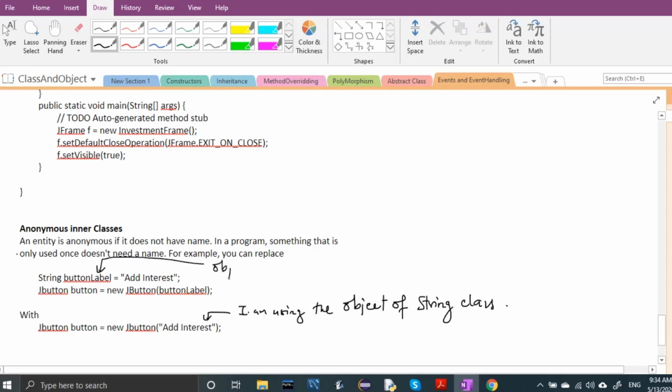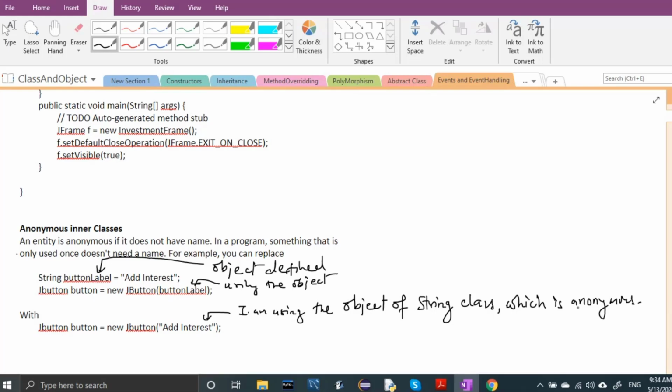Here we have defined the object, but here we have not defined the object. And here we are using the object of String class, which is anonymous, fine, understood.